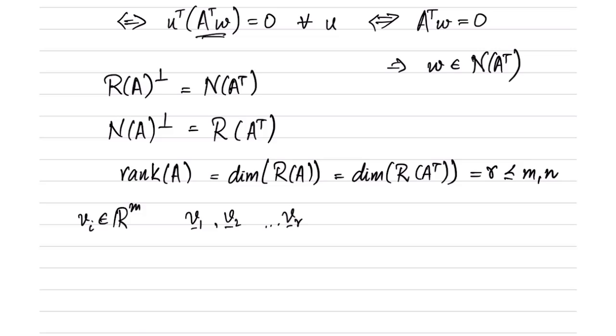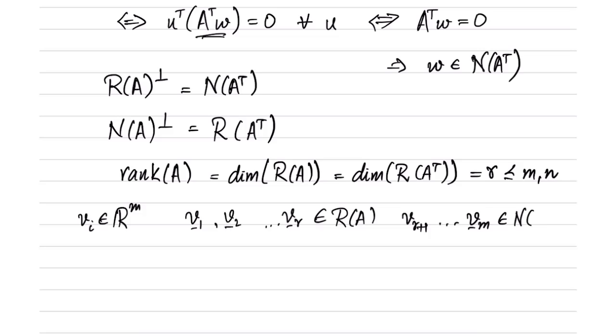There are R such elements because the rank of A is R and the dimension of R(A) is R. So there are R such elements which are in R(A). And the rest of the elements, where are they? V is an m cross 1 vector, and there are R elements, so the remaining elements, R plus 1 to Vm, should belong to